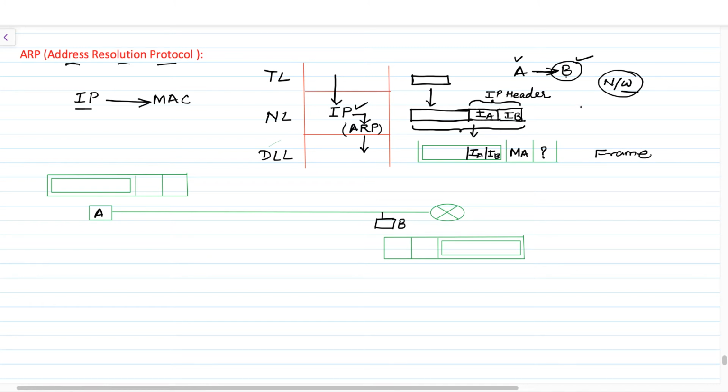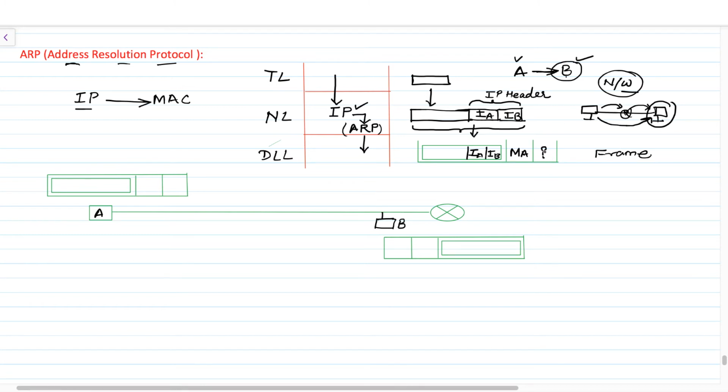Always remember that when a host is in the same network, there will be hop to hop delivery. Even if it is in some different network, in that case also the message will travel hop to hop. So in both cases, whether the destination is present in the same network or in a different network, your message is going to be delivered hop to hop. And in order to deliver hop to hop, a MAC address is always required.